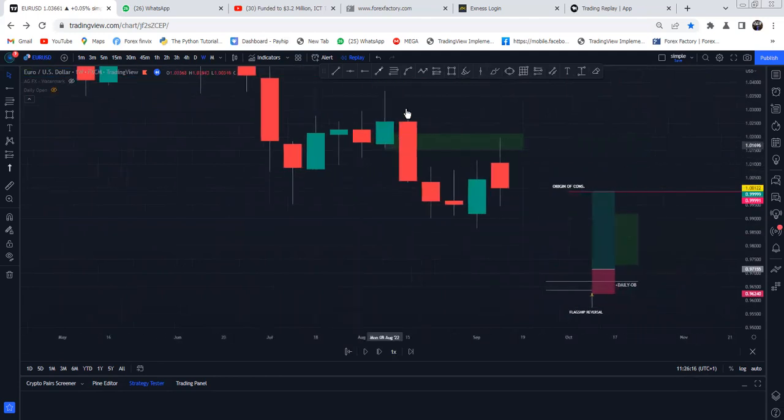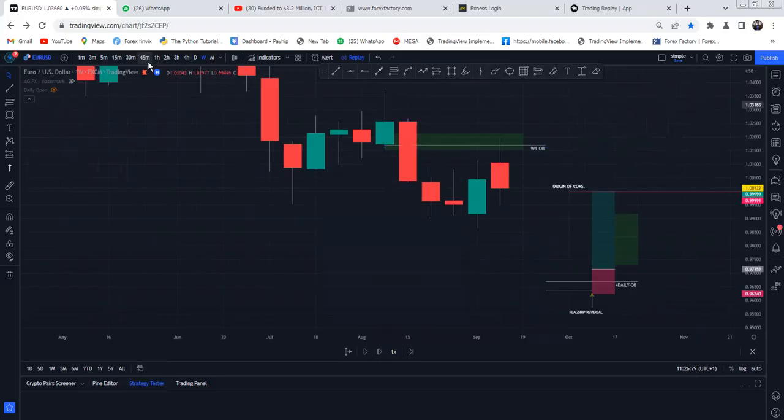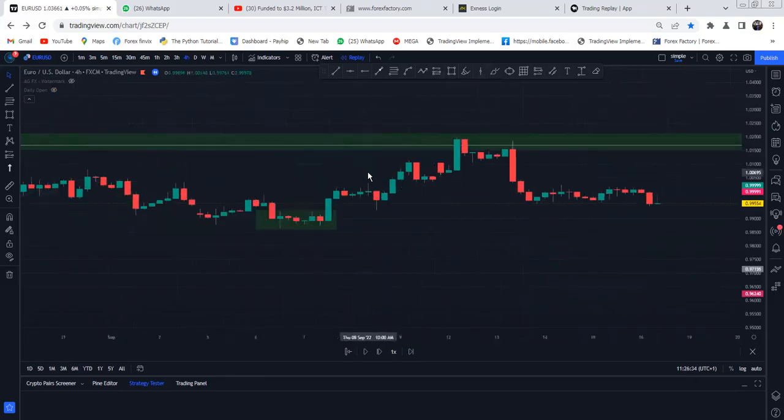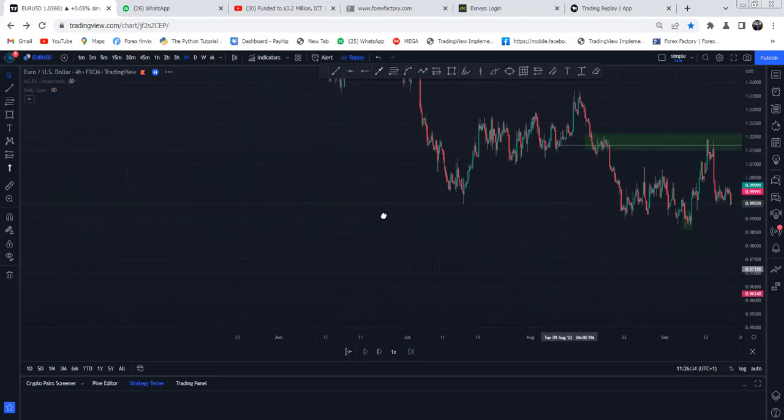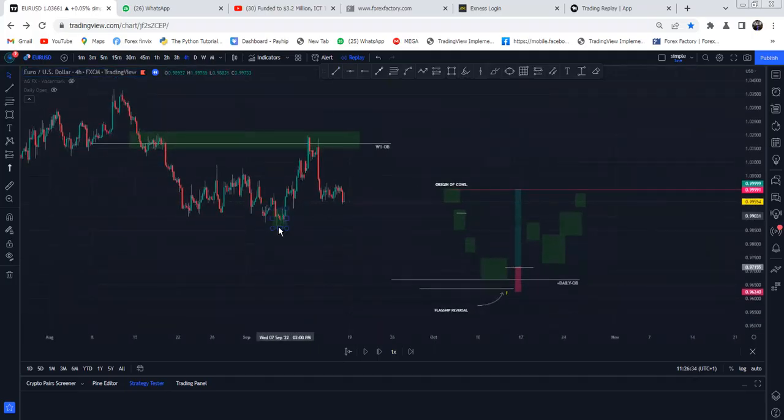So price came back up to this weekly order block, right? This is a weekly order block. Let me put it W1 bearish OB. Okay, so that's a bearish order block right there. And looking at it from the 4-hour perspective, we're going to see that price came back up to that weekly order block. And coming back to that weekly order block, we had some consolidation here, right? And another consolidation,